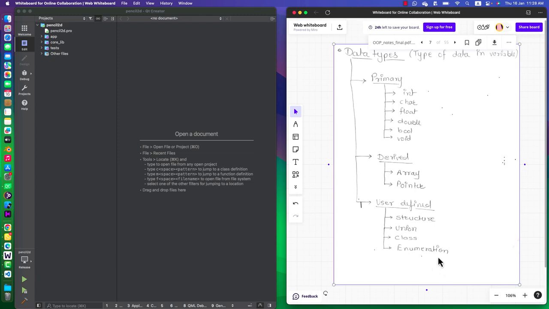Enumeration, enum, is a bunch of named constants, class is a class, union shares the same memory location, and structure holds different variables of different data types in different memory. Okay,